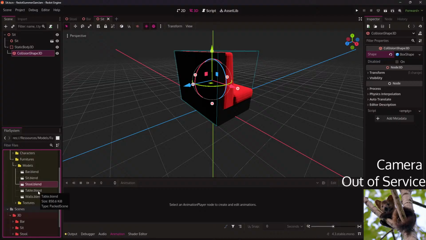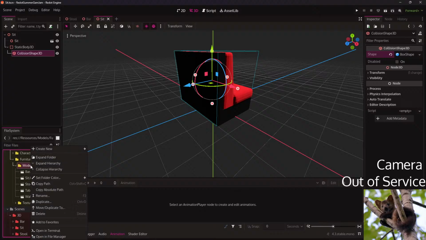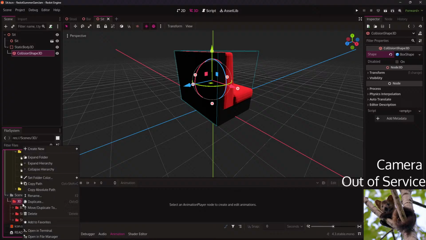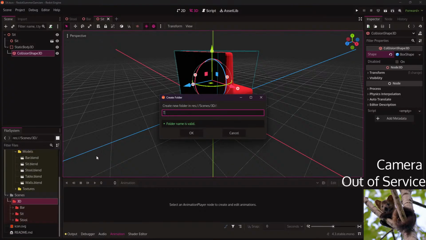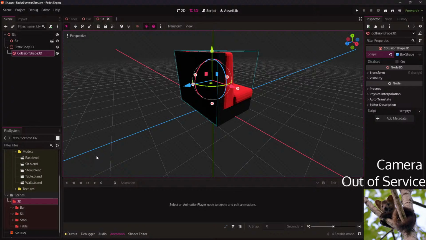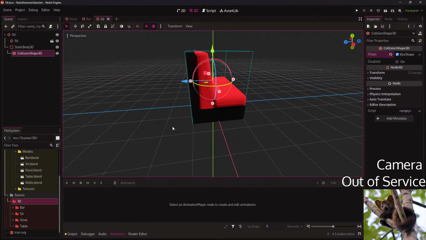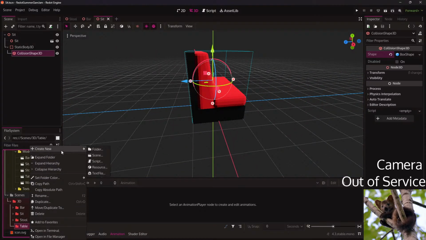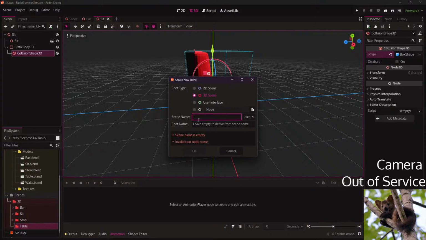Okay, so still, we need the table and eventually the walls. Graffiti. Table, I should change the material for it.